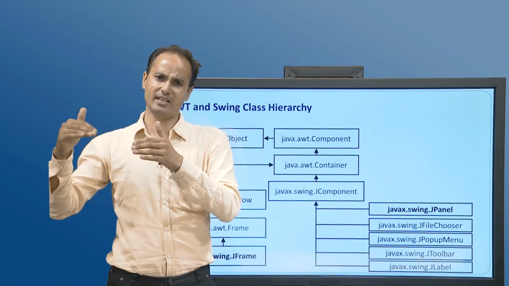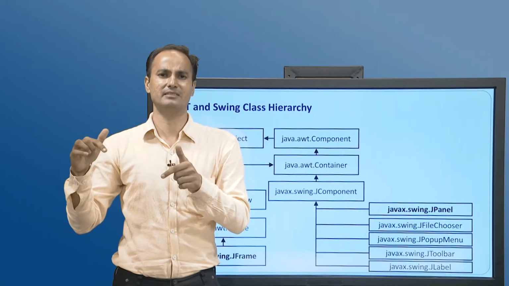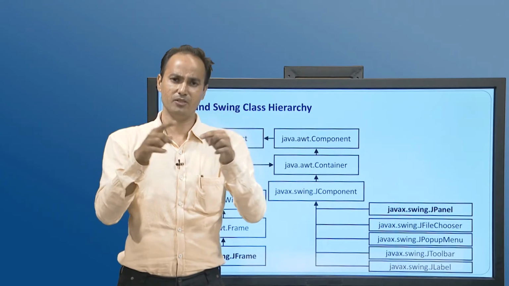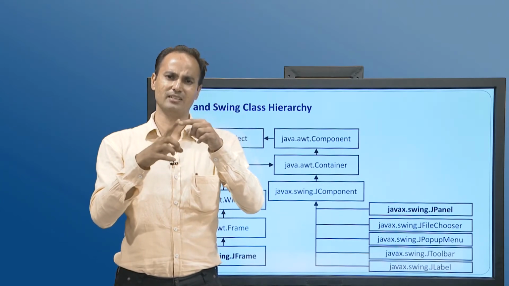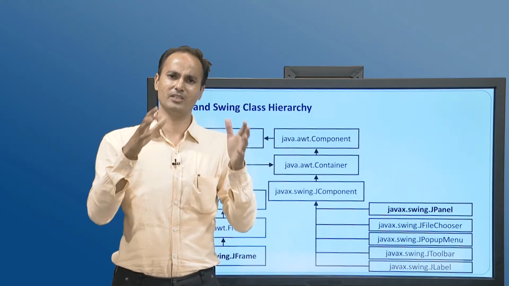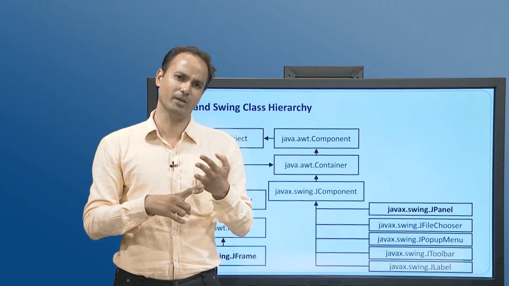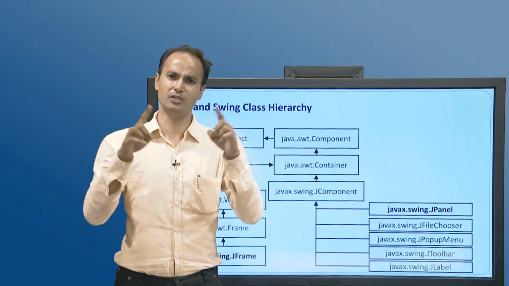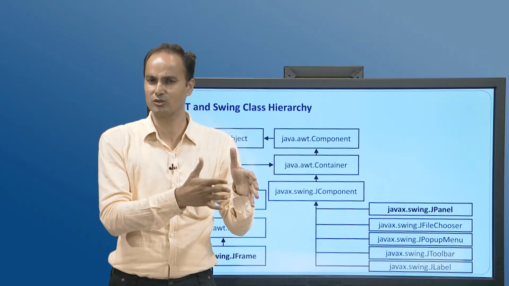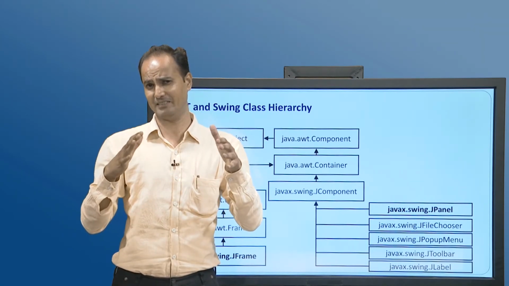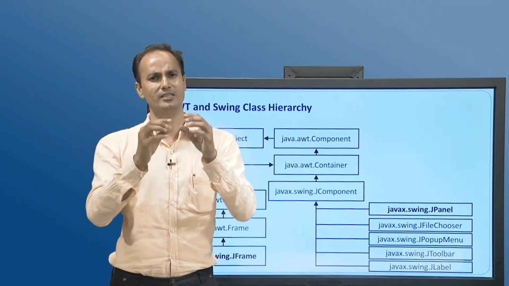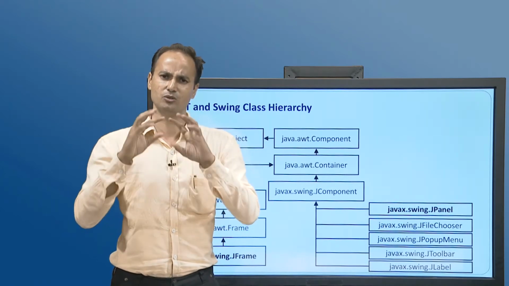Under the Panel there is the Applet class, and Applet extends Panel. At the other end there is the Window class. The Window class is generally extended by the Frame as well as the Dialog class. Frame is a pure container which has a title bar and menu bar. We will mostly use a Frame as the main container, the main window of our Swing based application, while Dialog is generally used as a pop-up window. When we want to display certain kinds of messages, we use a Dialog as a container to display a pop-up message.